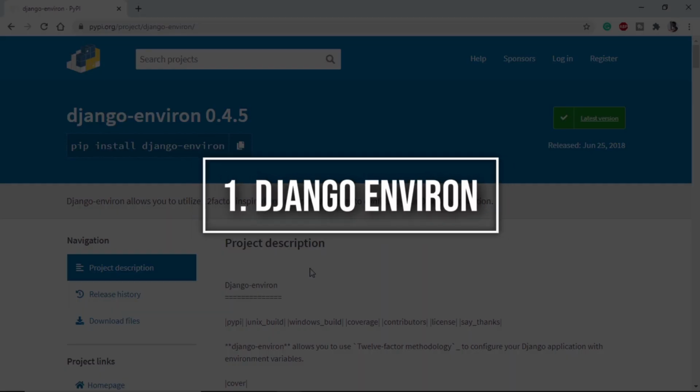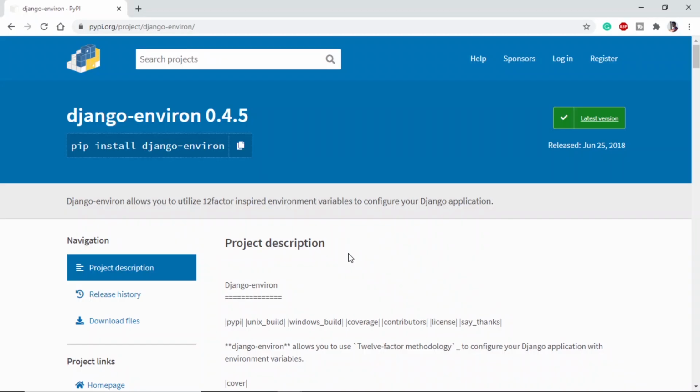First library on our list is Django Environ. Basically, we are trying to protect our important keys or secret keys using Django Environ. We will be putting all our IDs, passwords, and keys into one file that will be .env, and we will be using variables from .env in our main settings.py or wherever we want to use the IDs. The usage is quite simple.